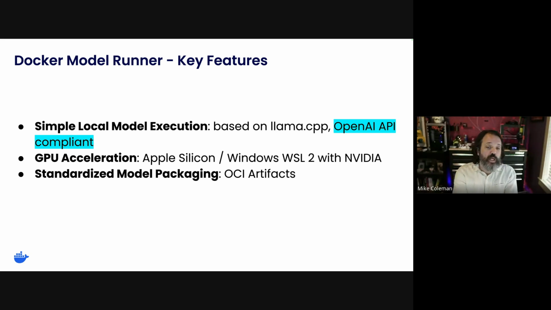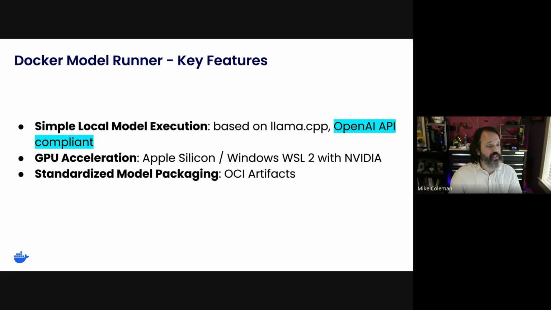The important thing here is that these AI models are not running in a container. They're running natively on the system. They take advantage of GPU acceleration. If you are on a MacBook, which is what I am on right here, you can't see what I'm pointing at, but I have my MacBook on one side, and I have my Windows machine on the other side. My MacBook has Apple Silicon, so I can run Docker Model Runner there, and my Windows machine has NVIDIA hardware, so I can run